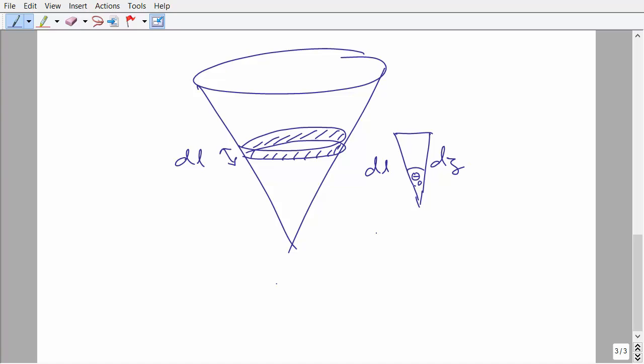Okay, so clearly then we have dl divided by dz is the cosine of theta 0. So in other words, how do we do this now? I have that wrong, don't I? It should be, let's get that right. This should be dz divided by dl. And so I get dl